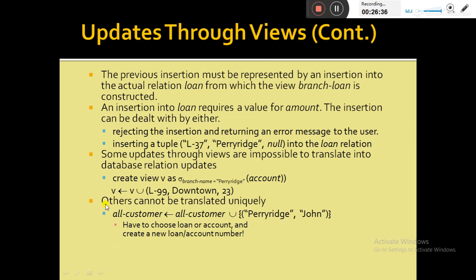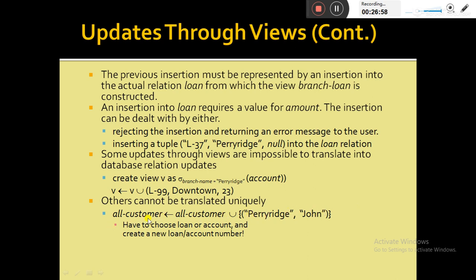Another problem here: consider all customer, a view which has only two fields, branch name and customer name. Suppose we try to update through the view all customer by adding the record, Paris branch, and customer name John.